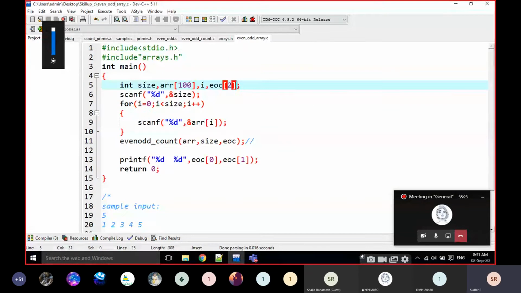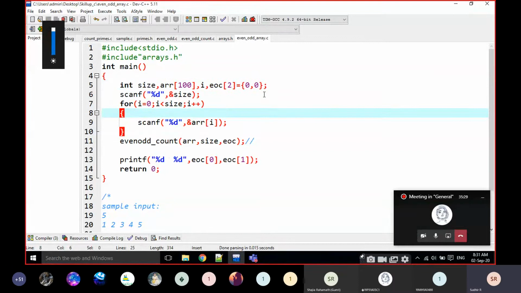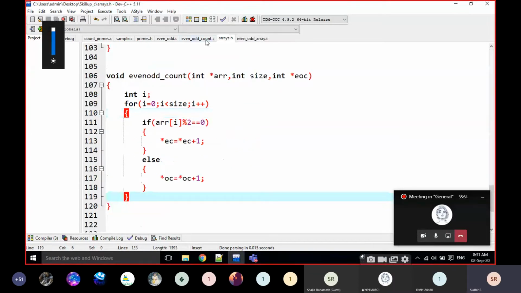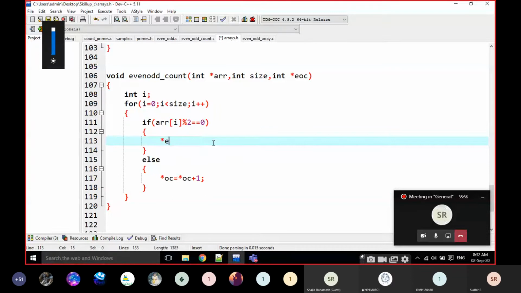So here I am going to write 0, 0. It means initially I am going to take 0 and 0 here. EOC of 0 equal to EOC of 0 plus 1.